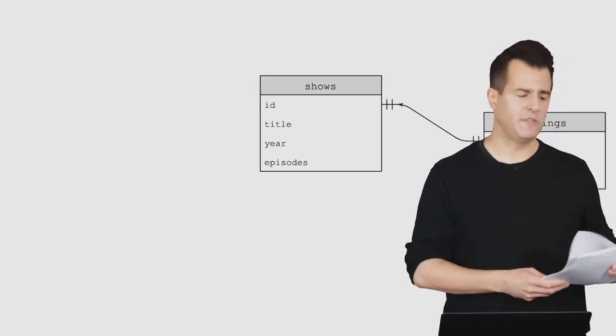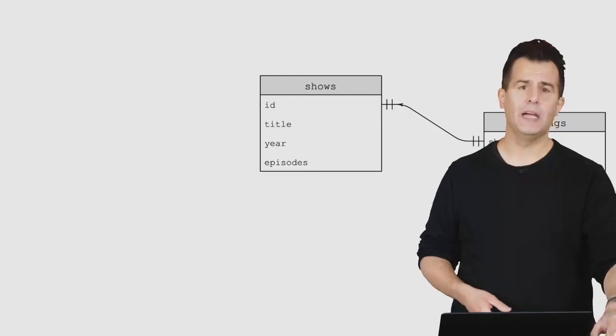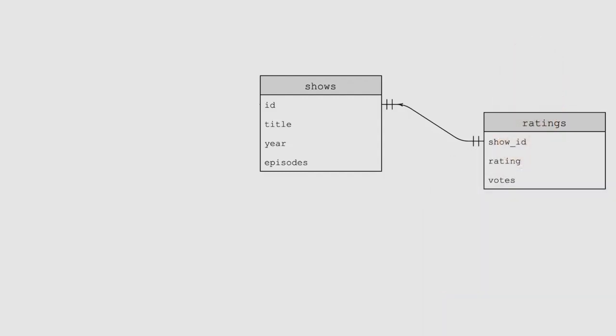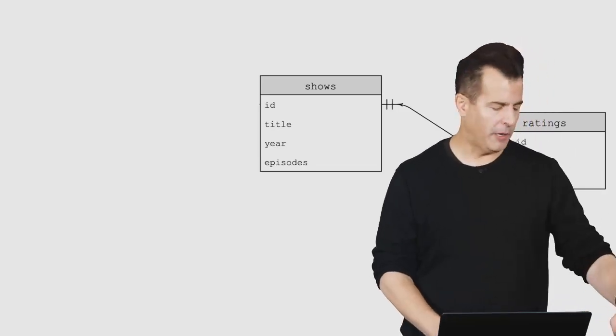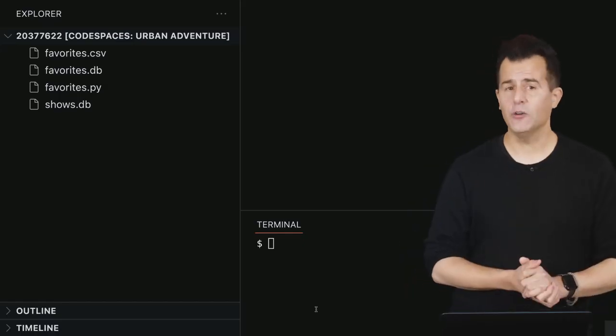Let's focus on the world of TV shows at left, and at right, the ratings thereof. Now, technically, these two tables could be combined into one, but insofar as ratings are such a prime feature of IMDb, and they themselves are sort of a real-world entity, the ratings for shows, IMDb chose to store ratings in a separate table, or technically TSV file, so we've opted to do the same for consistency with the original data set. But let me go ahead now and open up VS Code again,